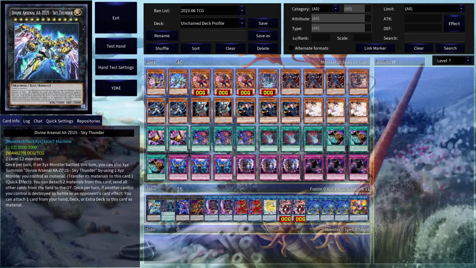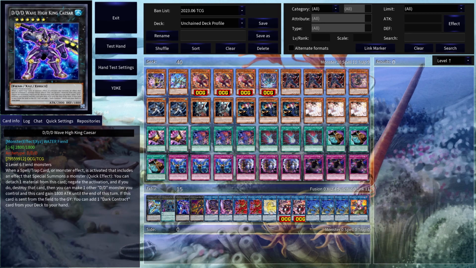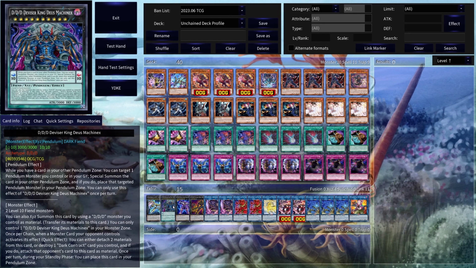And yeah, let's get started here. So I run Zeus because of course you have some Exceeds. Then we have the Visor King Deus Machinex. So we can actually get this card out pretty easily through Caesar or through our Darius here. Darius, we have quite a few level 3s that we can actually use to exceed into Darius, then go into